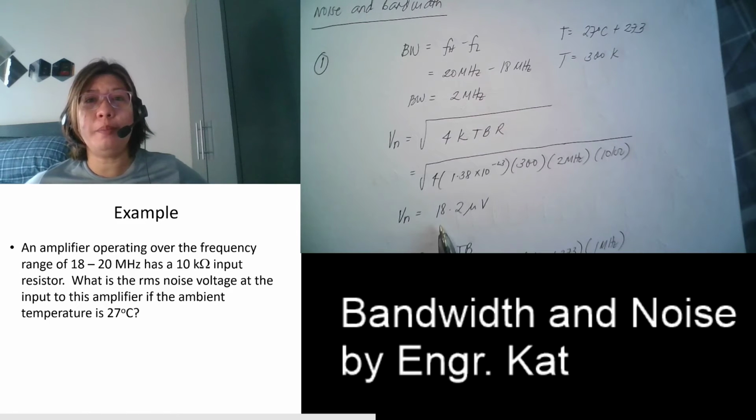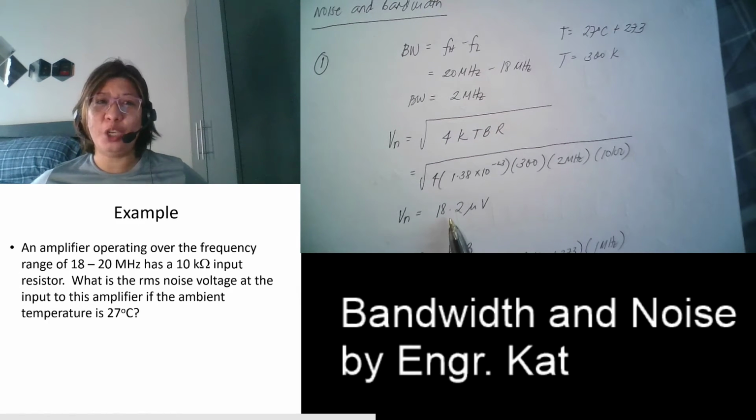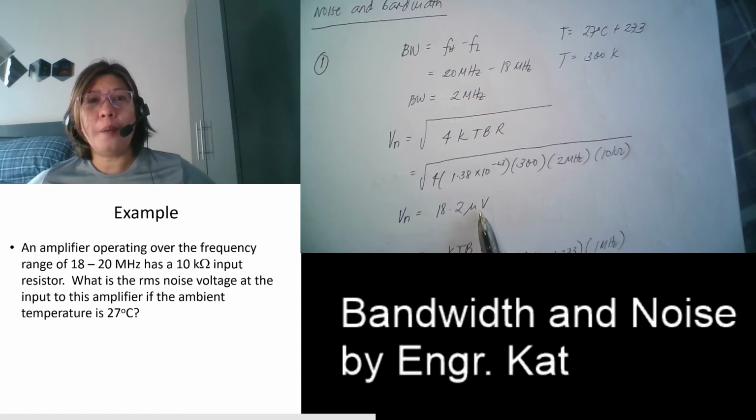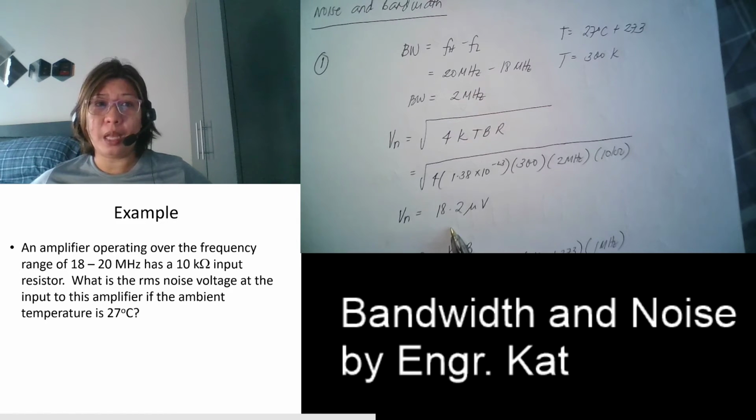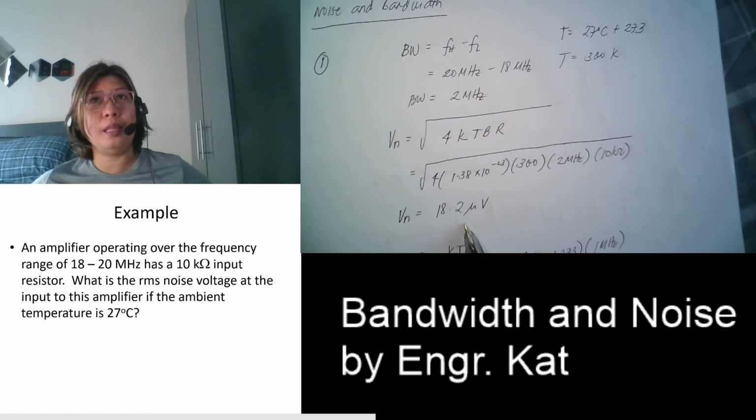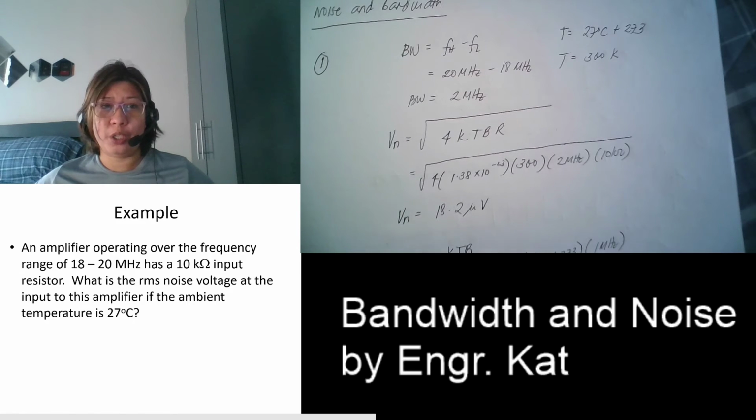Okay, so what do we mean by that? It's very, very small. We do not expect a high noise voltage. Why? Because we don't want noise voltage. The ideal value for noise voltage is 0. Okay, we don't want noise. So therefore, the smaller it is, the better. But again, it's not an ideal system. So we expect noise, but we expect a smaller value for noise.